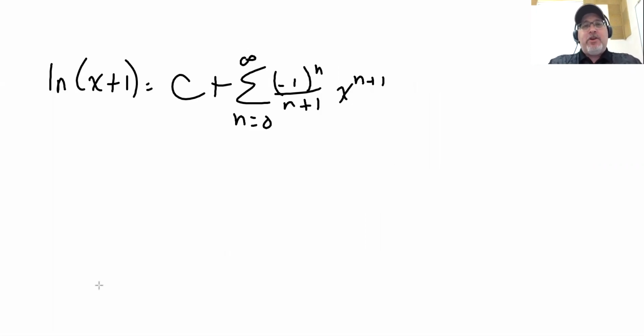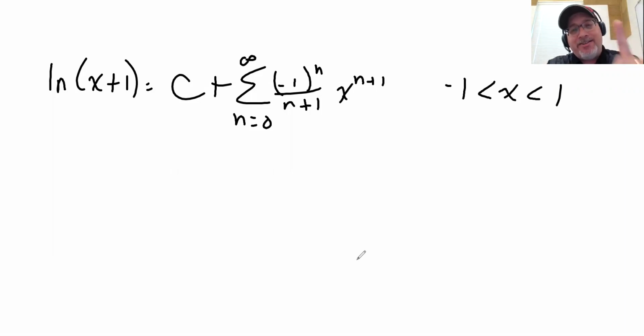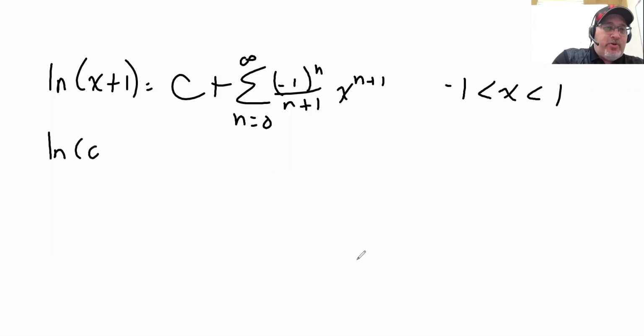Okay, let's figure out what the c has to equal. Now, how are we going to do that? Well, this series is supposed to equal that function on this interval, and we'll check the endpoints in just a moment. -1 < x < 1. So if we get convergence on that interval, we should be able to pick any number in between and plug it in. Gee, I wonder what number I should plug in. How about 0? Not because it's 0, but because it's the center. If we put in x equals 0,